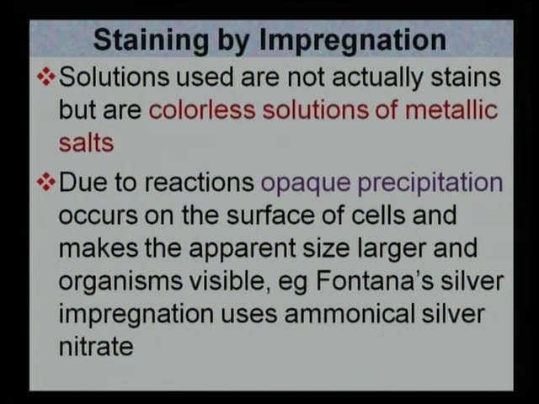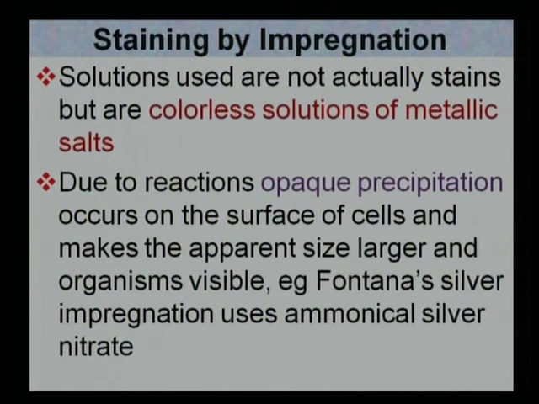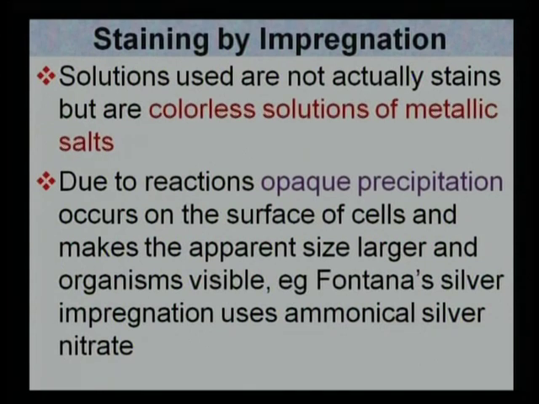But in certain cases, we use colorless solutions of metallic salts. They are colorless because certain metallic salts, when dissolved, do not form any color. For example, ammoniacal silver nitrate, which is commonly used in spirochete staining in Fontana's